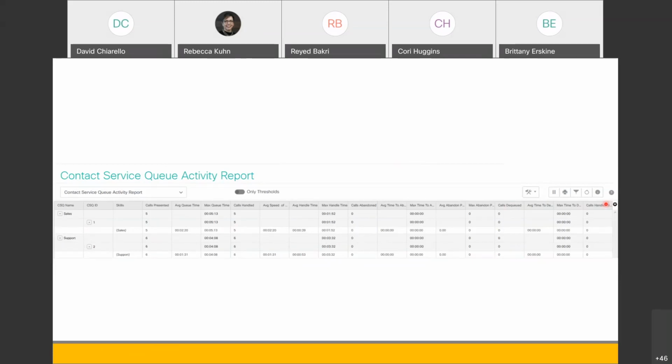At the CSQ level reporting, I gave you a couple of examples. One was a CSQ all fields. The other was this one that you see here, the contact service queue activity report. By CSQ, it's going to give it by skill as well, since we have skills per CSQ. It's going to give you how many calls presented, your queue time, your max queue time, right? And I'm not going to read all of them, but it's going to give you that kind of average view